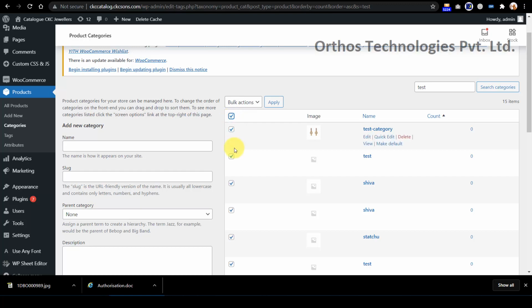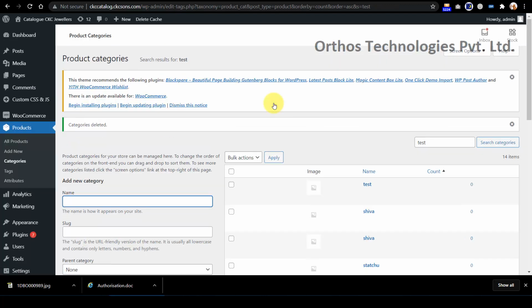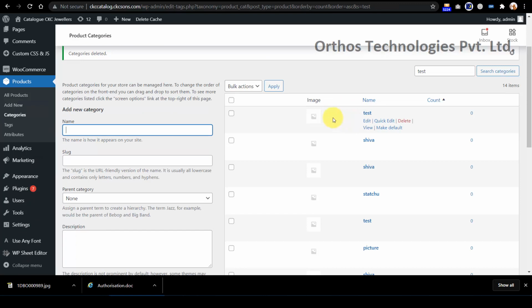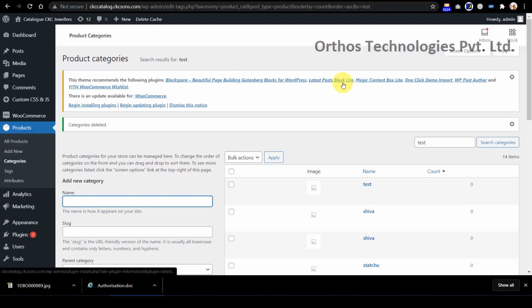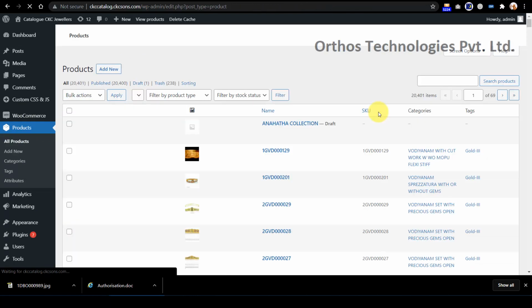If you select it, all the categories will be selected, and if something happens, then everything is gone. So unselect everything, select this particular category, check, delete, and then apply. So that particular category is gone. Now this is how you create products and add categories.